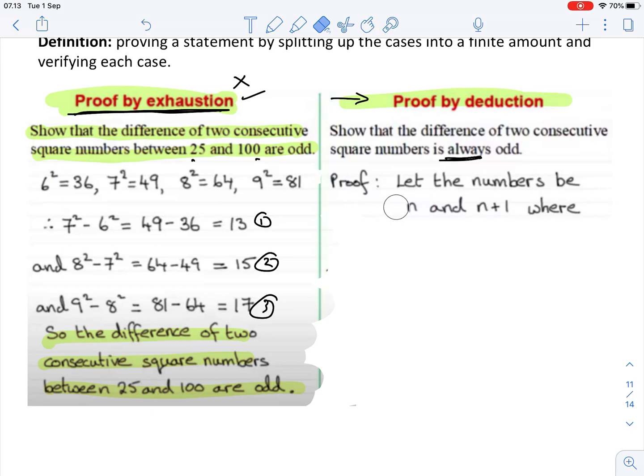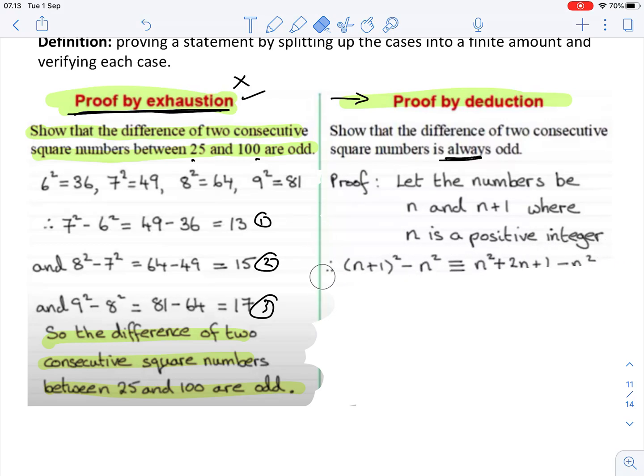We can't use proof by exhaustion here because there are so many possibilities. So we have to be abstract in our approach. So here's my proof. Let the numbers be n and n plus 1, right? That's just a number and then the next number above it. But we are using abstract terminology here, where n is a positive integer,